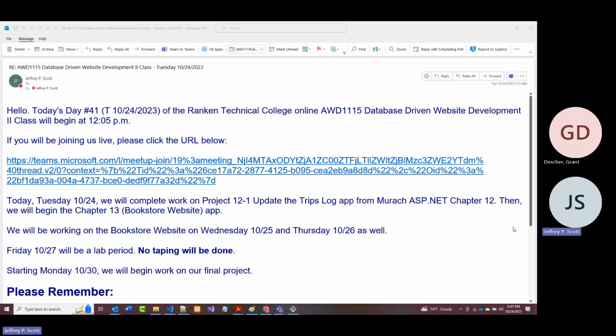And then when we get done with that, we're going to talk LINQ. We talked LINQ in the AWD1115 class, but that was LINQ for straight C#. Tomorrow we're going to talk about LINQ for using it with ASP.NET. So that's my plan, and then we'll see where we are at that time. All right. So with that said,